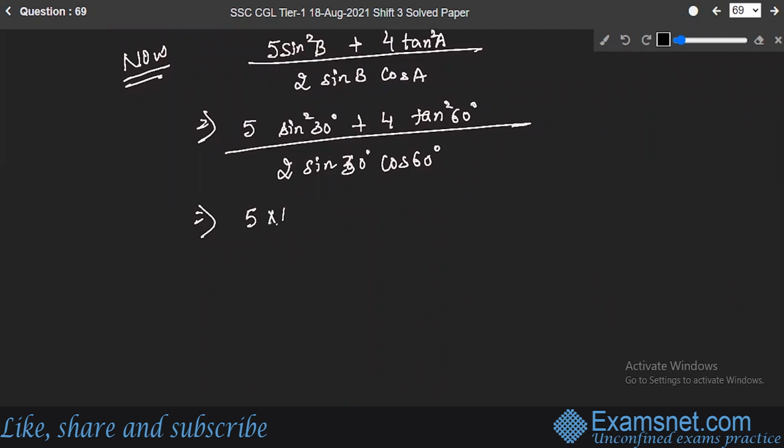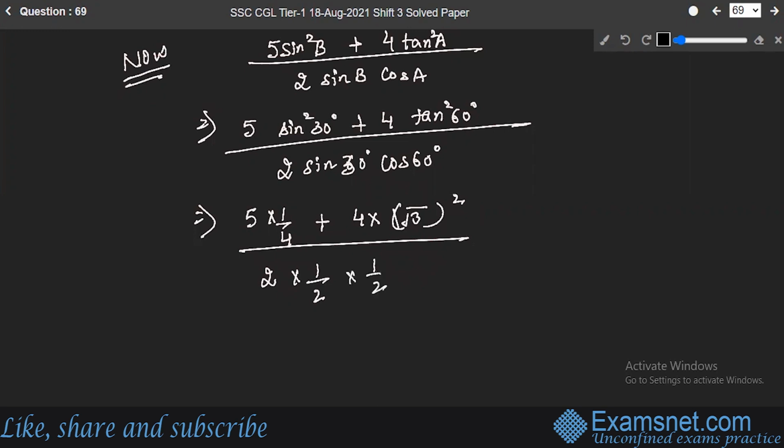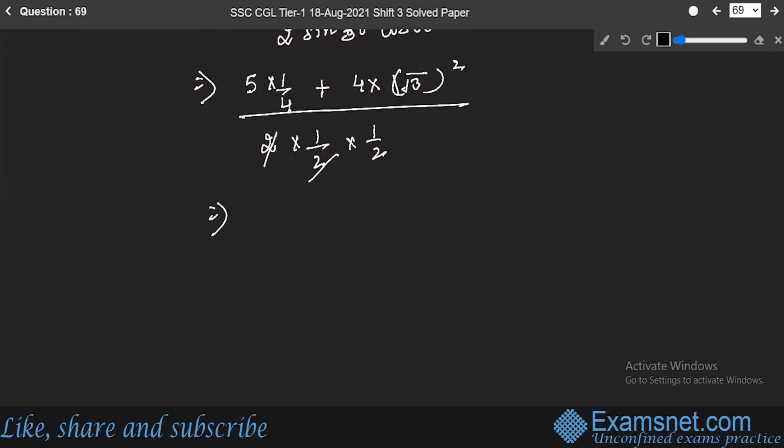1 by 2 square is 1 by 4 plus 4 into root 3 square whole divided by sine 30 is equal to 1 by 2. cos 60 is the same as sine 30, which is again equal to 1 by 2. So you will cancel over here and you will have 5 by 4